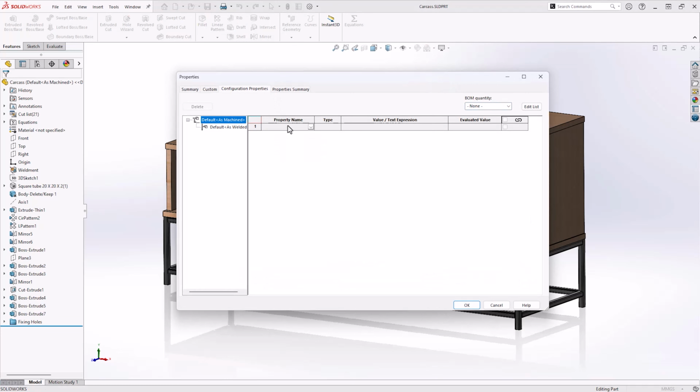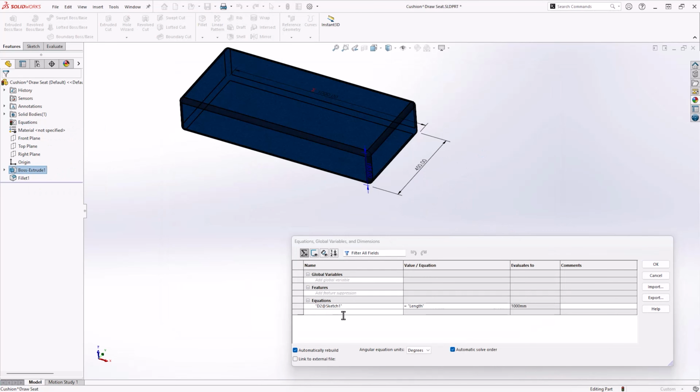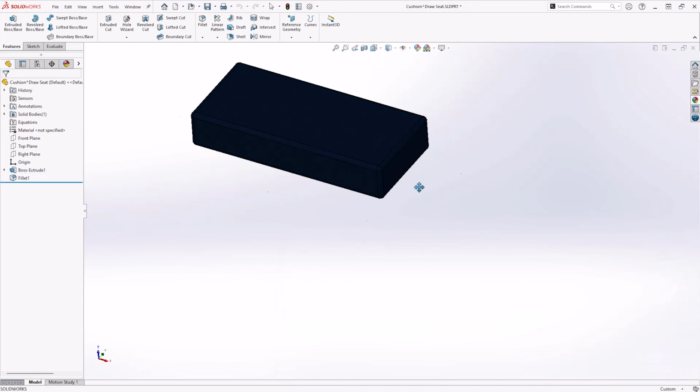Numerical custom properties can also be used in equations to directly drive geometry. For example, a custom property of length can be assigned and then attached to a dimension in the Equation Manager to link them together. Model changes can then be driven through the custom property manager. Similarly, if a configuration-specific property were to be used, such as a width, this could be tied to individual configurations, resulting in different design dimensions.